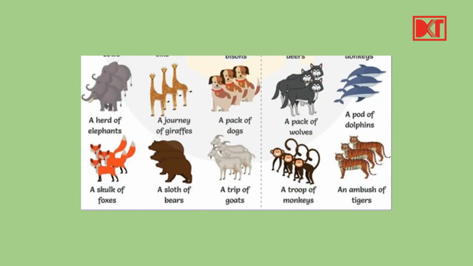These are a few more. We have elephants, we have herd again. We have a pack of dogs, a pack of wolves, and a sloth of bears, troop of goats, troop of monkeys. You must have heard about this. Now you see a few common ones you must already know. You just won't have known that we call these collective nouns. Otherwise, like a pack of wolves, a pack of dogs, you must have heard these in some movies, or you must have read somewhere, right? Now next.